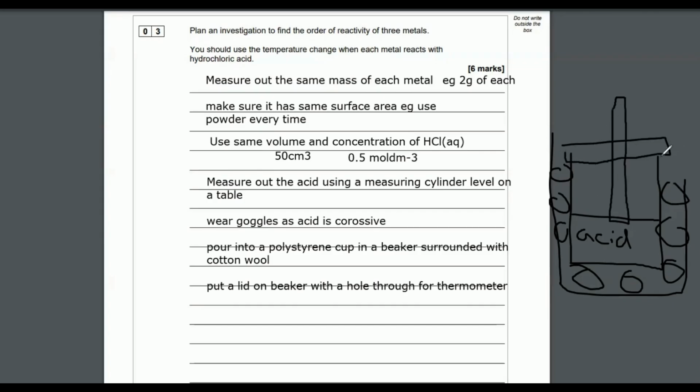We're going to poke a hole in our cardboard lid. We're going to put a thermometer in there and we're going to wait for a few minutes so that we can get the temperature of the acid. We need to wait a few minutes for that. So let's say measure the starting temp of the acid. So we're now going to measure the starting temperature of the acid and then